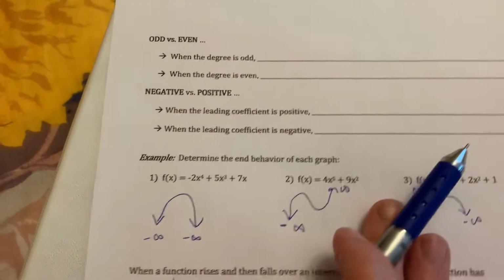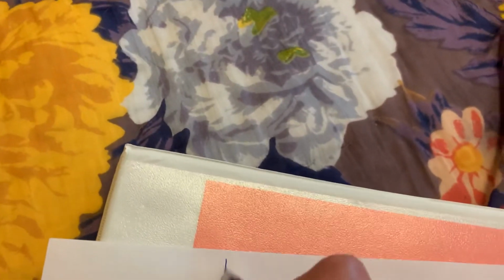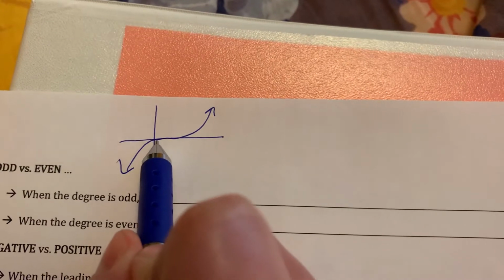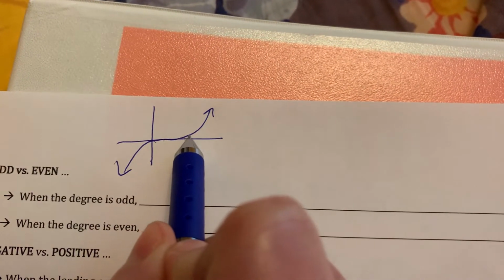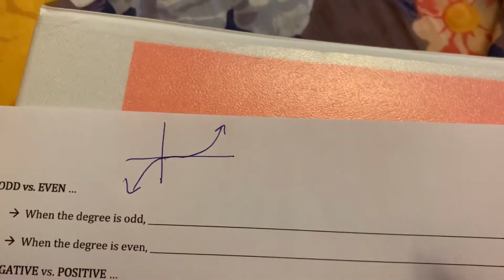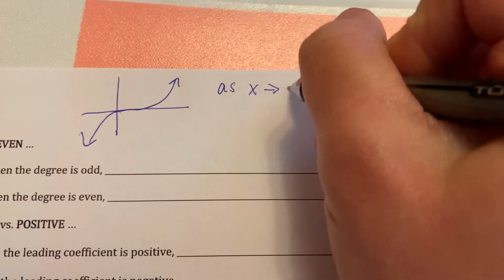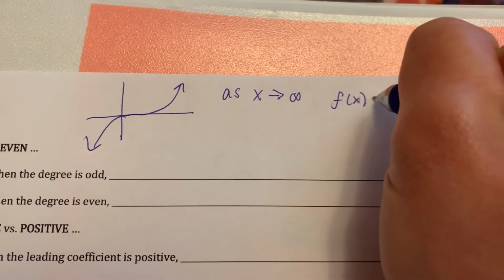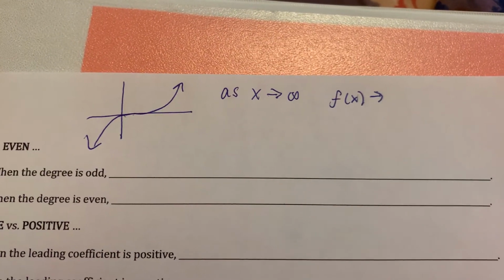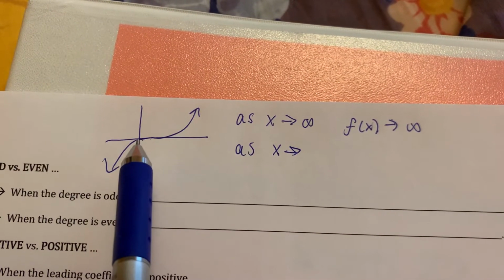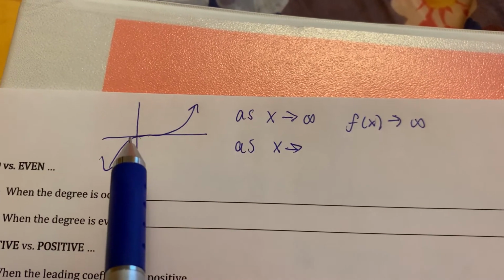So if you were to have a better looking graph, let's say, if I were to graph the one function like this, as x gets bigger, your graph, your output, is getting bigger. So you would write that as: as x approaches positive infinity, what did your f of x do? Well, our f of x went to positive infinity as well. And you'd say as x approaches negative infinity, so you're saying as x gets bigger this way, and as x gets bigger this way,